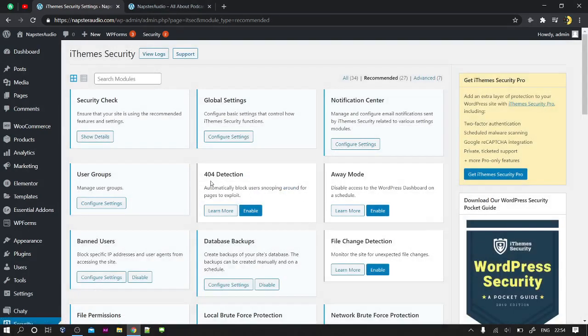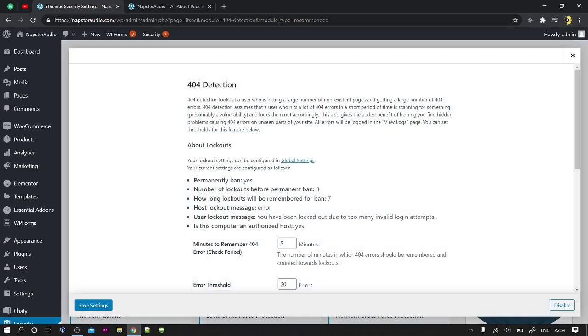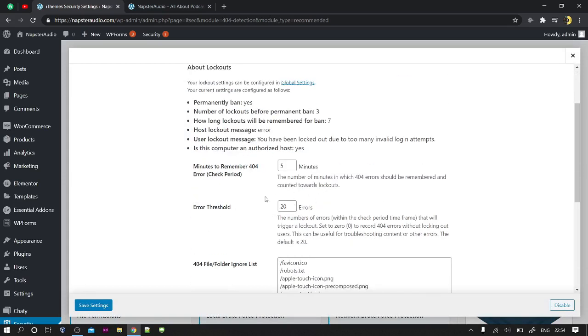Now the 404 detection, it is one of the most important things. Just enable this. What it will basically do is, let's suppose someone is trying to log in or searching for some unwanted pages, like within 5 minutes if he searches for 20 pages, let's make it 7.